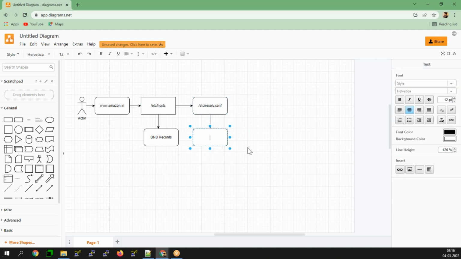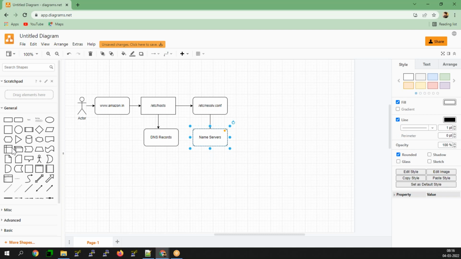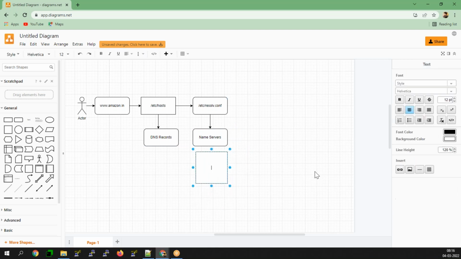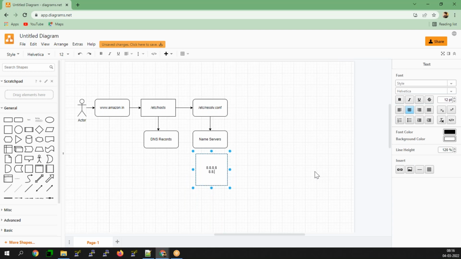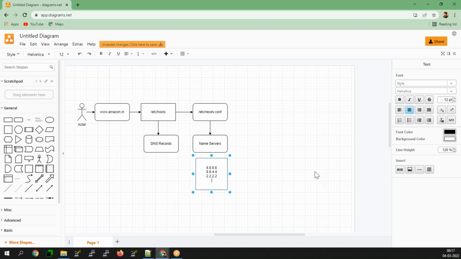Generally the name servers you find are 8.8.8.8 and 8.8.4.4, or 2.2.2.2 and 4.4.4.4.